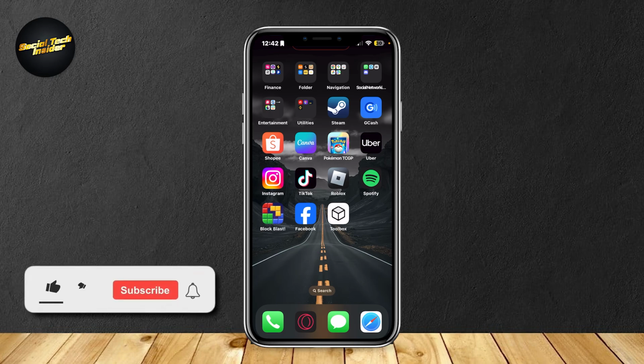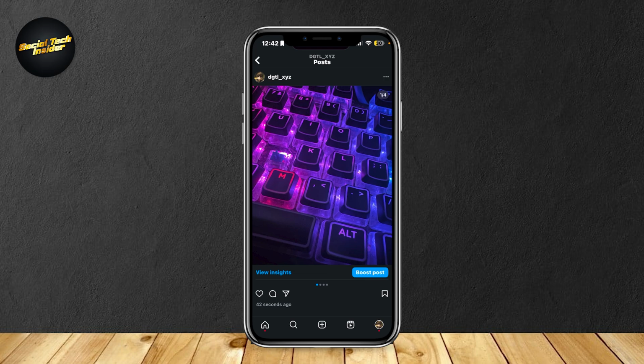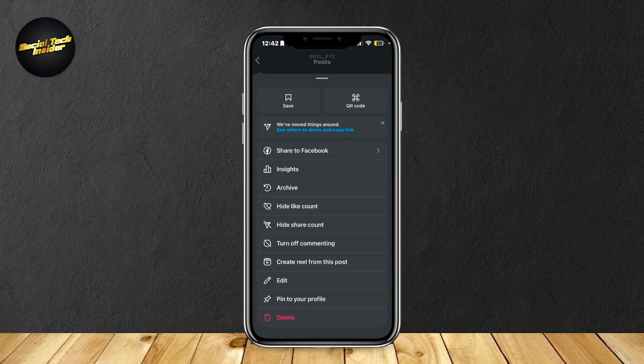So this is how you can rearrange Instagram photos after posting them. It's actually very simple. So open up Instagram. There's actually no direct way of doing this, but we're still going to be able to do it. Tap on the three dots at the top right in your post, and you're going to want to tap on